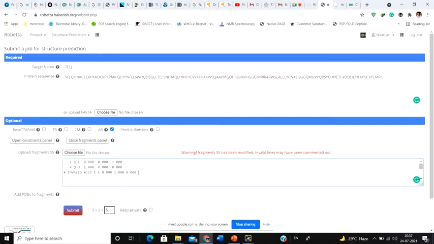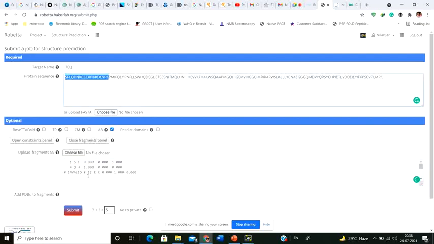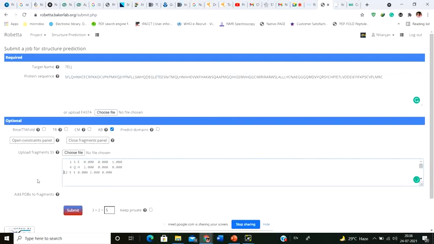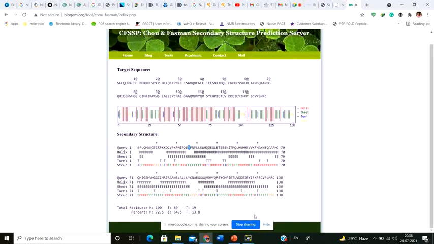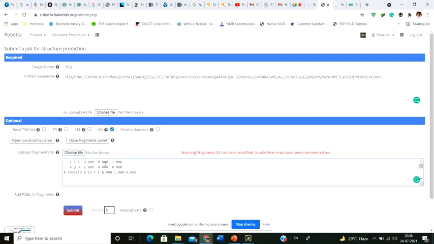It's going to show invalid lines because the 12th is not E. So you have to make sure the residue number is actually matching. Since my residue number is not matching, it is giving me an error. So make sure the residue numbers are matching. After you do this, this is how you can incorporate the Chou and Fasman information that you get into this 3D modeling server, so that the 3D modeling server also gets added information for your structure prediction. Understand?